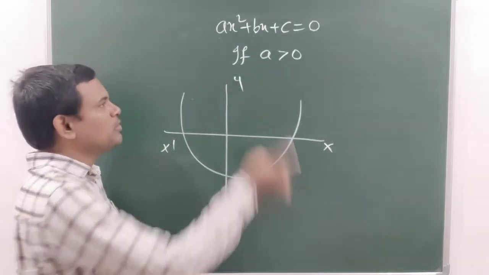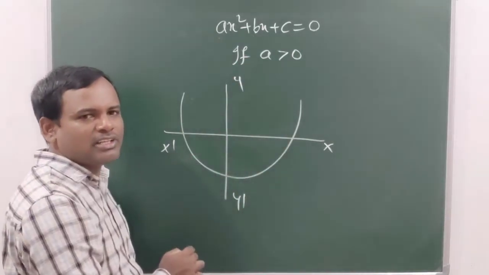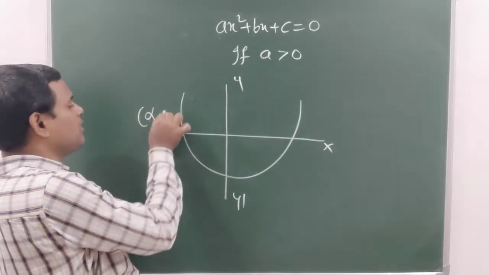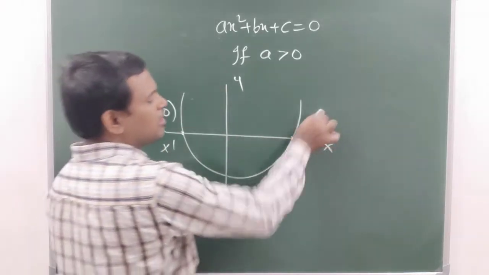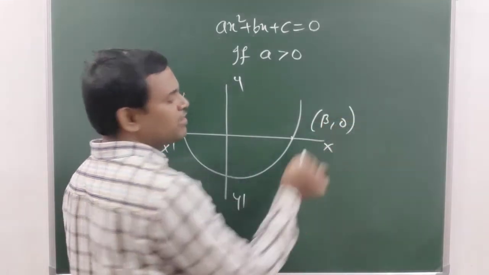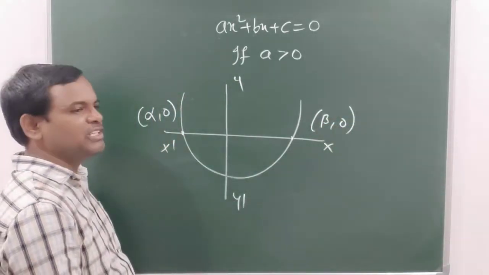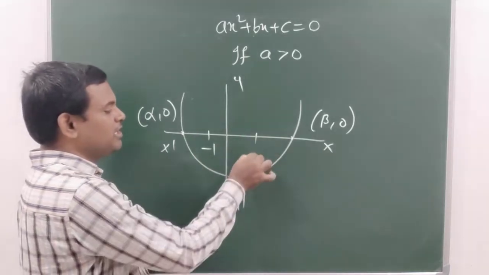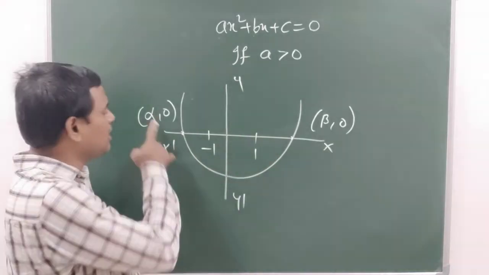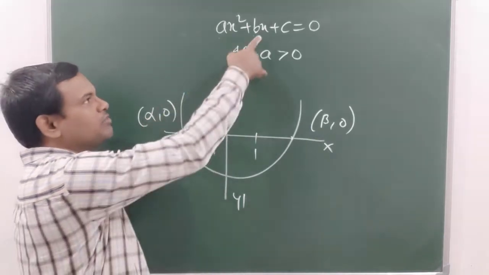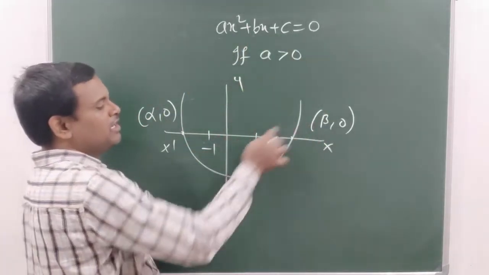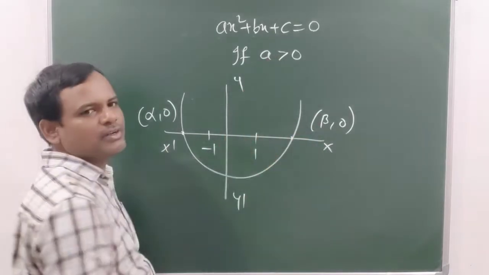Okay. So even one more thing is also given in the application. They said alpha value is smaller than -1 and beta value is more than -1. Means where do we get -1? Here it is -1, here it is +1. Here alpha is one of the roots of the equation, beta is one more root. It is smaller than -1, it is more than -1.